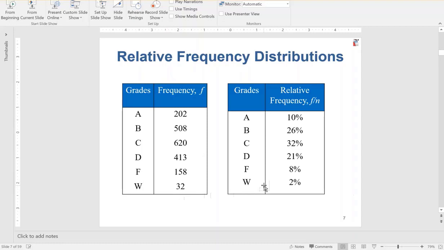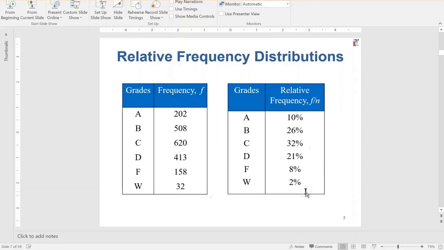So here's the exact same data, but instead of frequency, it's relative frequency. So these have all been converted, and sometimes this is a little easier to interpret. You can see 32% got C's, 26% got B's, and so on and so forth. So these are both distributions. This one is a frequency distribution, and this is a relative frequency distribution. The point of either one is to quickly glance at the table and start to see what the data is